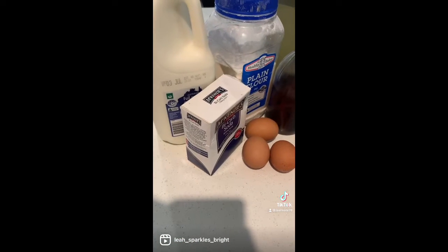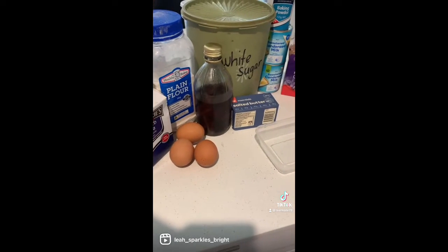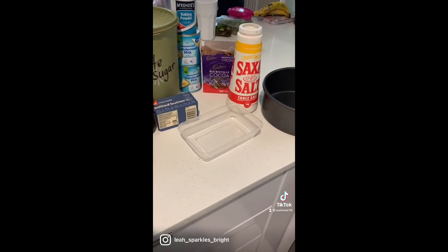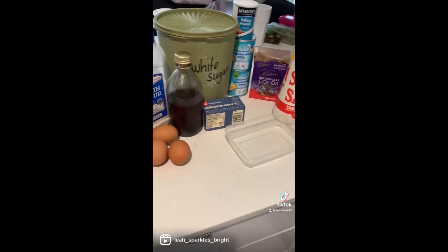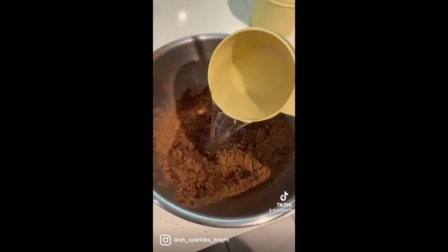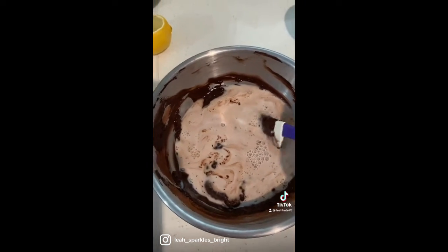Ingredients you will need: cocoa powder, boiling water, milk, room temperature butter, sugar, eggs, vanilla essence, plain flour, baking powder, bicarb soda, salt. You're going to pour some boiling water over your cocoa powder. Then you're going to add the milk. Give that a whisk. I'm going to leave the amounts of the ingredients in the comments below for the cake